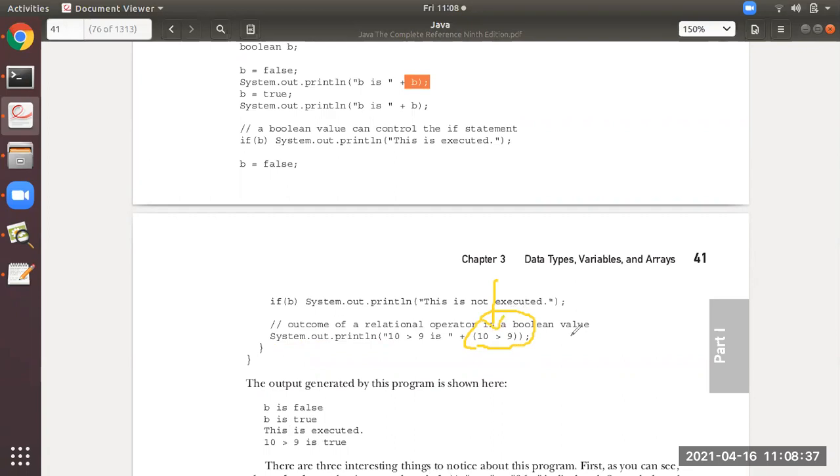So remember, this relational operator also returns the output in the form of true or false. 10 greater than 9, is it true? Yes. So it will return true as the output. You can observe this is the output for this one.